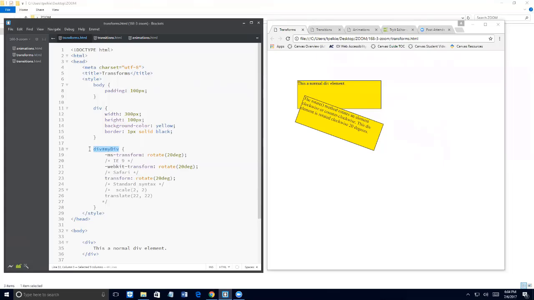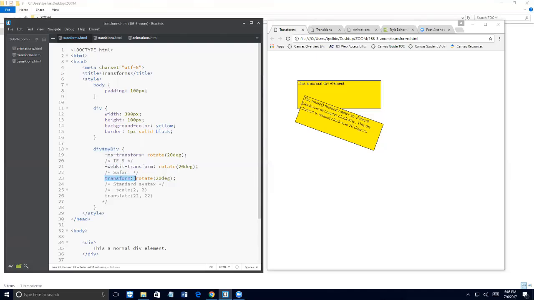Now, you will notice that we use what are called vendor prefixes, or you may hear the term browser prefixes, for these transition and transform properties. So here we have MS for Microsoft, WebKit for Safari and Chrome. And the last one is the CSS3 standard syntax. And it needs to go in this order